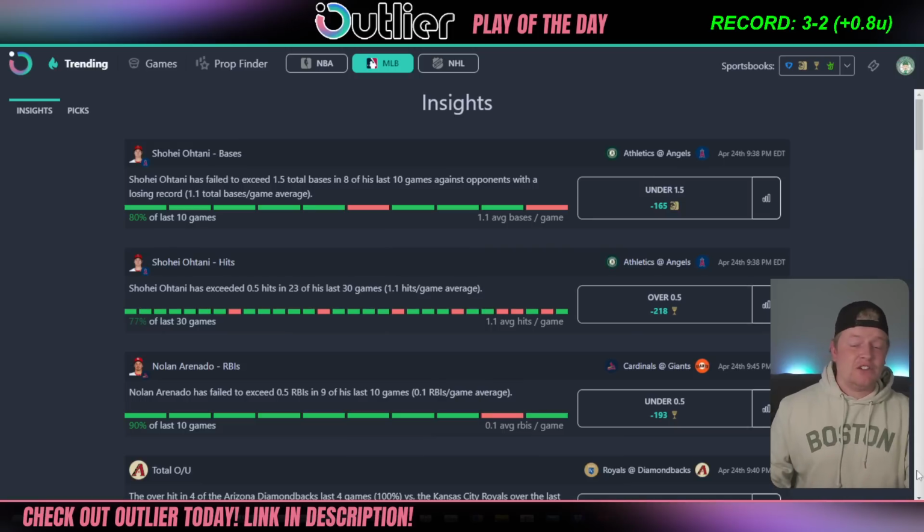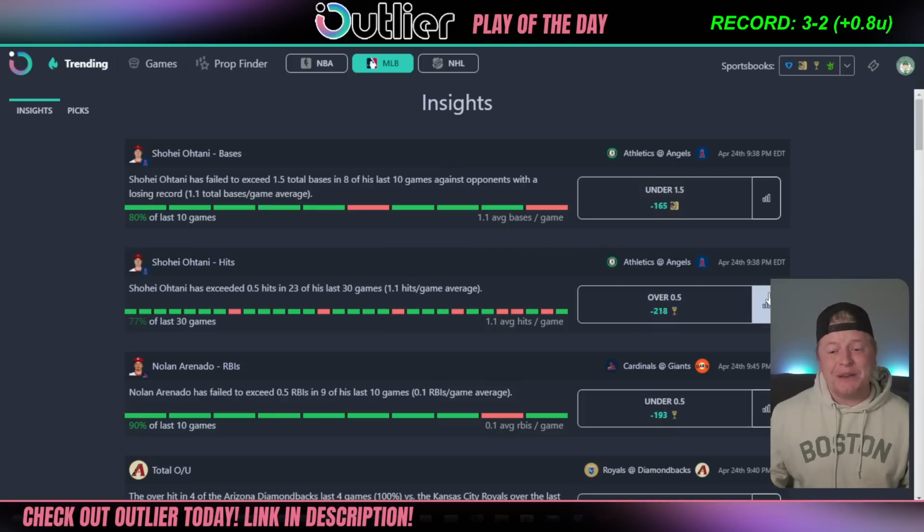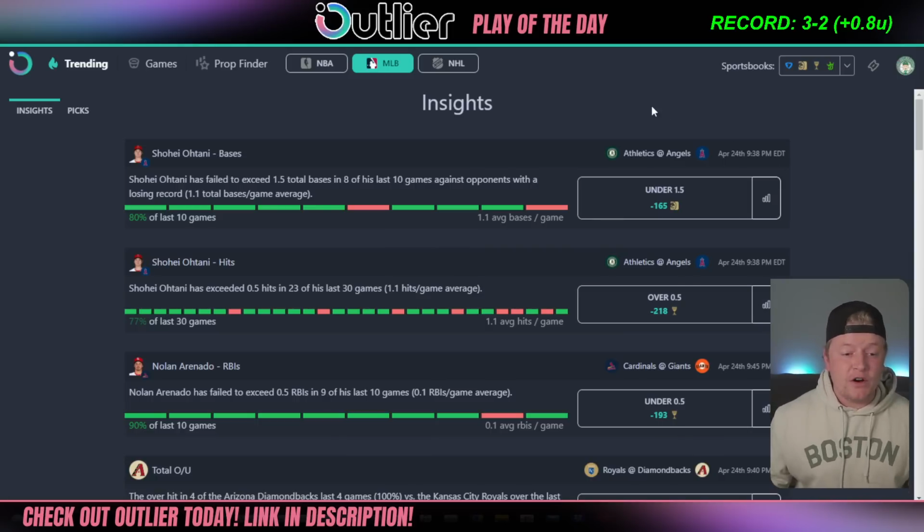But you can see at the top right of the screen, we are profitable on the year using Outlier. We just started this a couple days back. We're 3-2, plus 0.8 units as of right now. And you can see when you jump into the Outlier app or use the web version like I'm using right